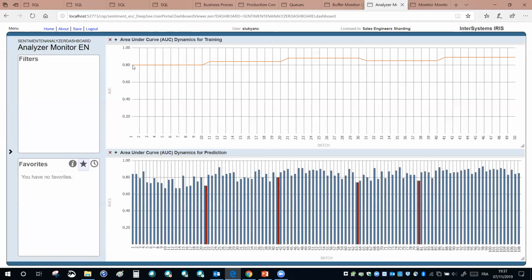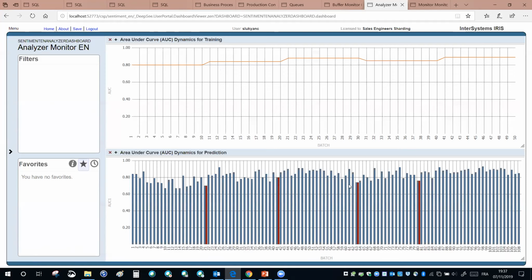So relatively good in this example is above 80% of the so-called area under curve. This is a well-known indicator to measure classification accuracy. And we'll take a look at concrete examples of classification ROC curves produced by Python as it works through that process. So we will see that the area under curve, the classification accuracy achieved during prediction, could be lower, could be higher, but mostly it's lower than what we see at the outcome of the training process.